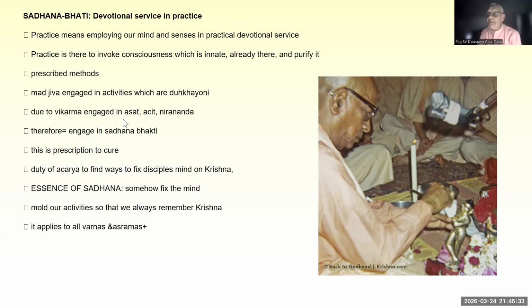Our real nature is Satchit Ananda, our Ananda Swarupa. Krishna is Satchit Ananda Swarupa Vigraha. Qualitatively we are the same as Krishna, but quantitatively we are a very, very minute fraction of Him. Because of material nature, we become asat, achit, and niranand. We are suffering because we are performing vikarma. We are not doing akarma.